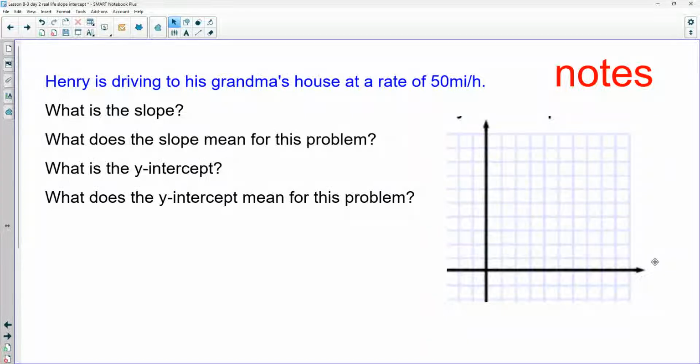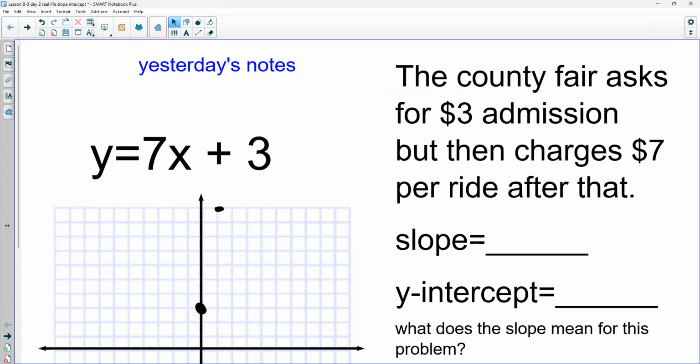Do you have your notes out? Are you looking at the question about Henry visiting his grandma? If not, you should figure out where they are so you can follow along. These questions go along with what I tried to prompt you for yesterday on the admission to this county fair